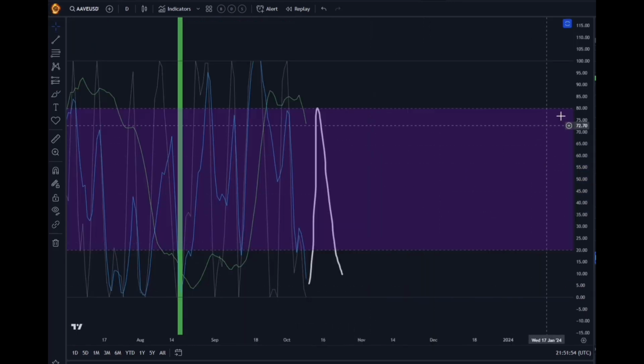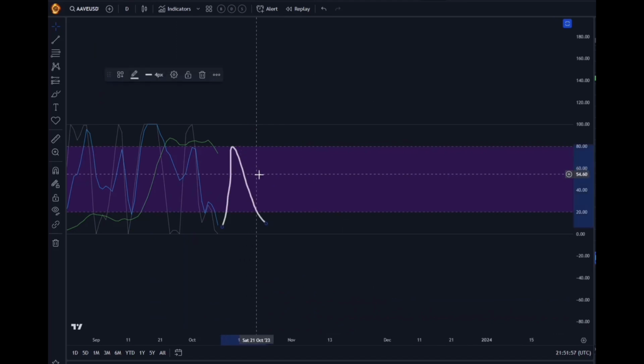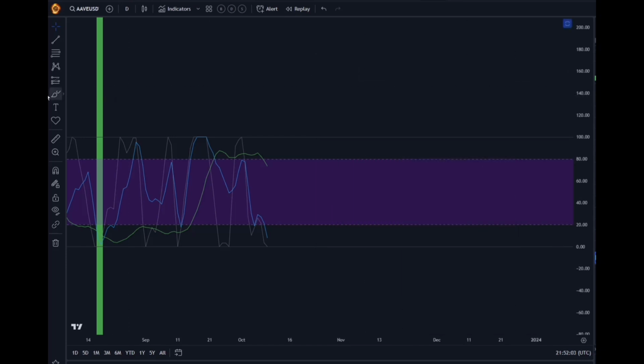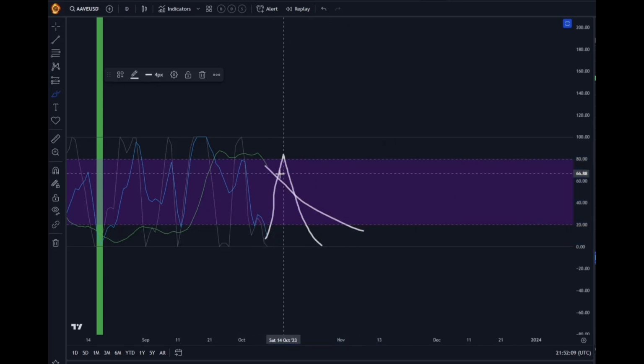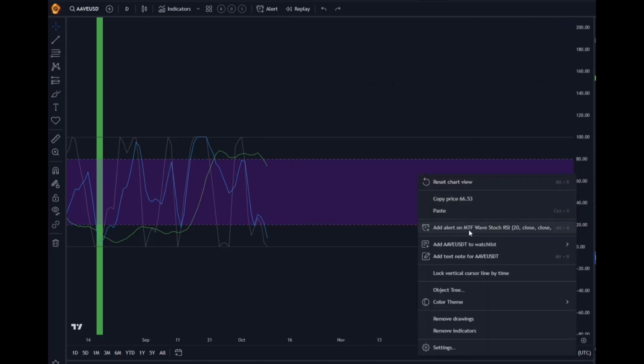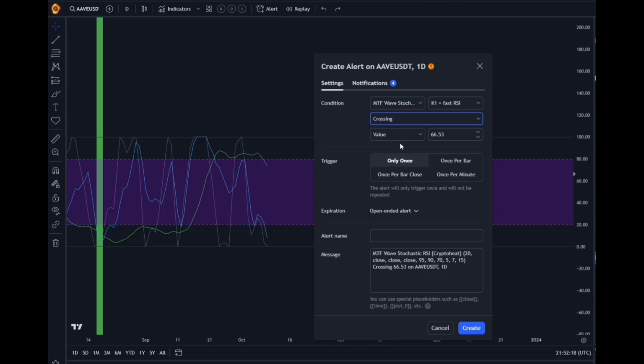And for that, I'm gonna be setting a different kind of alert. I'm gonna be setting it for when gray actually crosses green, okay? So when it crosses green at this point, I want this to alert me, and for that, I'm gonna be setting the alert where I choose crossing, and instead of the value here, I'm gonna be choosing the MTF Wave Stock RSI, and then I'm gonna be choosing K3, which is the slow RSI, and I'm gonna be writing to myself AAVE possible low time frame short